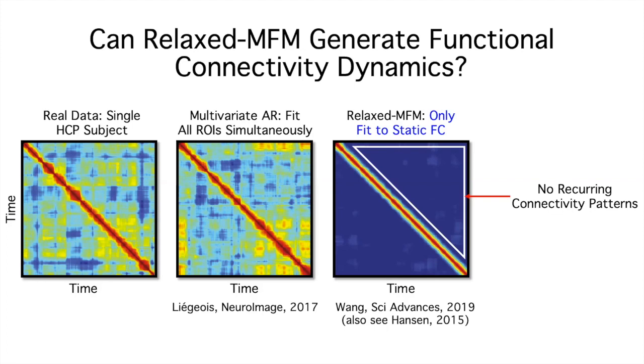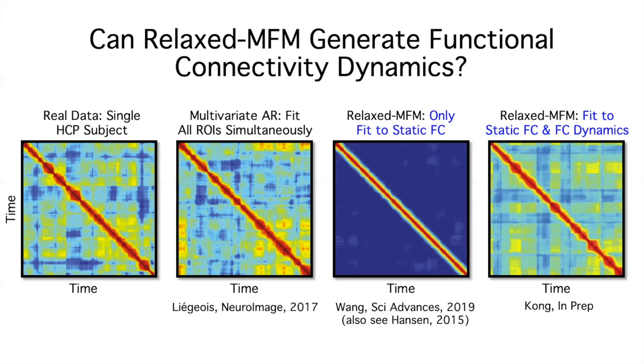This is very sad because the mean field model is supposed to be more biologically realistic, right? And it's much more complicated than the auto-regressive model, right? But yet it generates much less realistic dynamics. And the important lesson here is that a more complex, more realistic model might not actually explain your data better. So the issue here is that because we only fit it to static functional connectivity, we essentially overfitted to it.